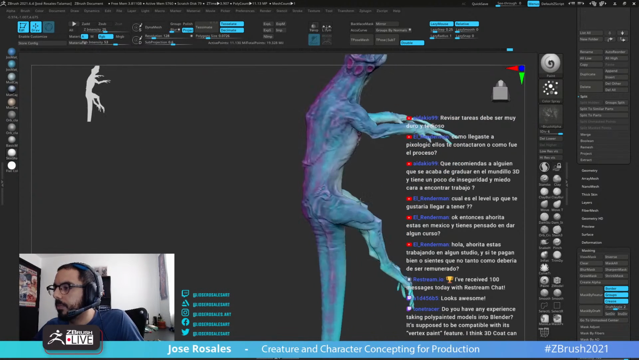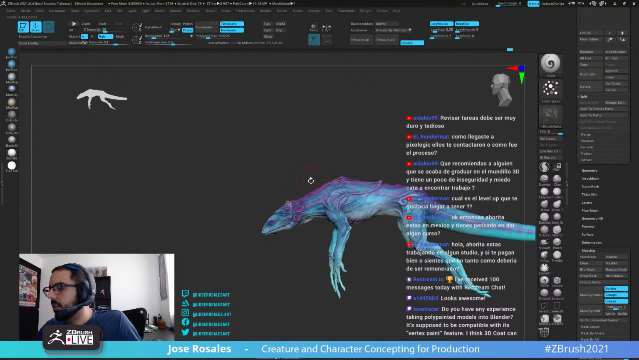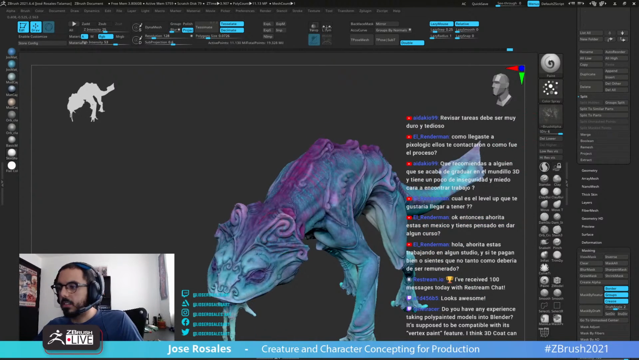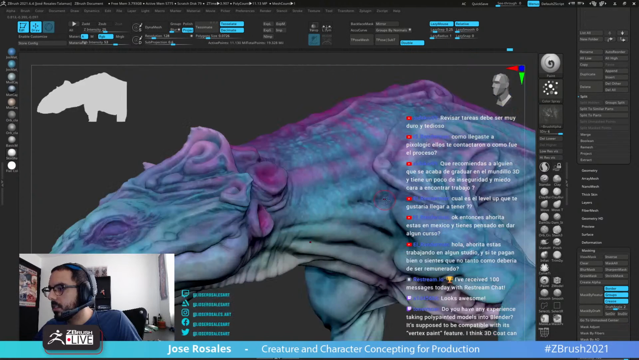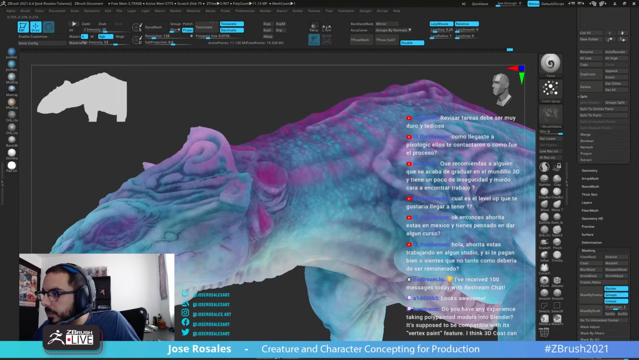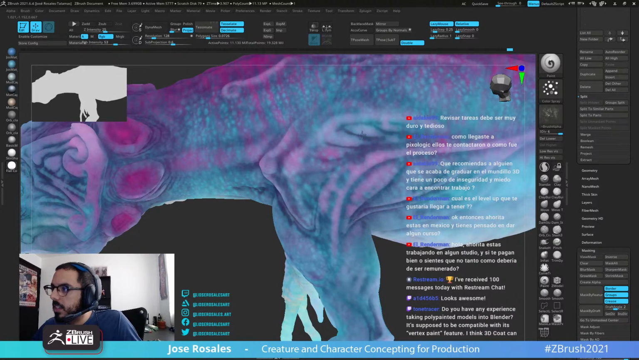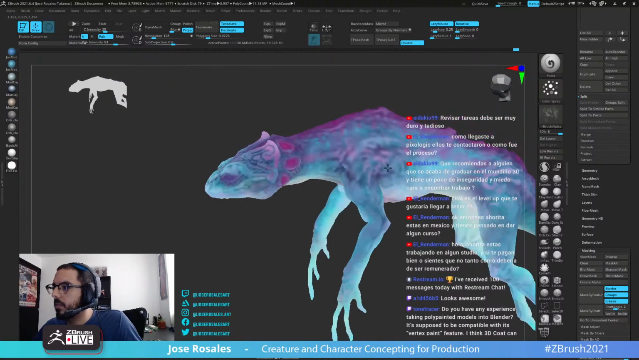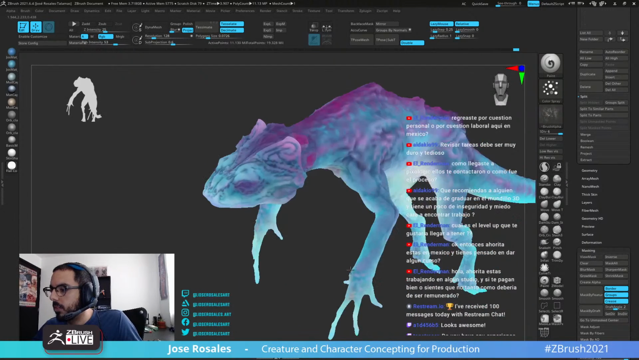So yeah, right now I did another mask. And this time I did it at level 5 and then went up to level 6. And what I'm doing right now is getting the smallest folds and cracks, just getting the last level of detail to pop, you know? Really subtle, but